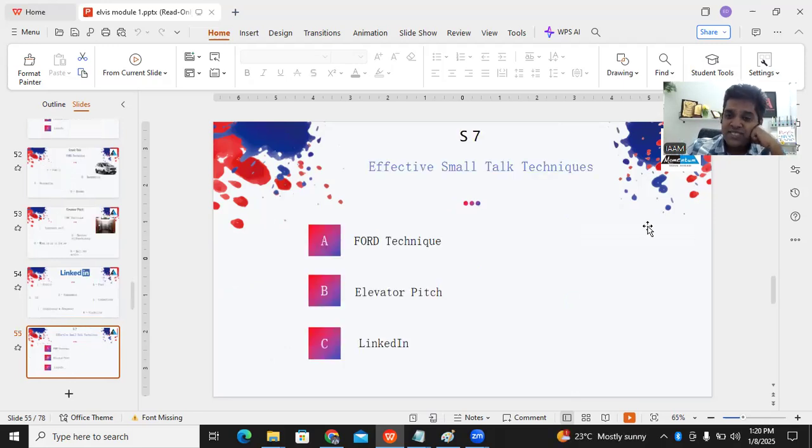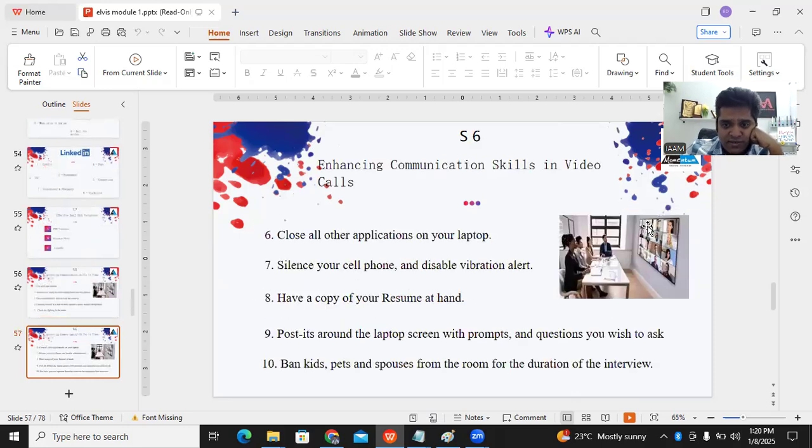Now, moving guys to the session seven. Sorry, there is some juggling. Now is session six. Okay, we skipped that. Enhancing communication skills in video calls. Now, most of the trainees whom I was training were meeting the client once a week for a weekly report in which they would have to have a video call with the client, and there are the other members in the team who are there.